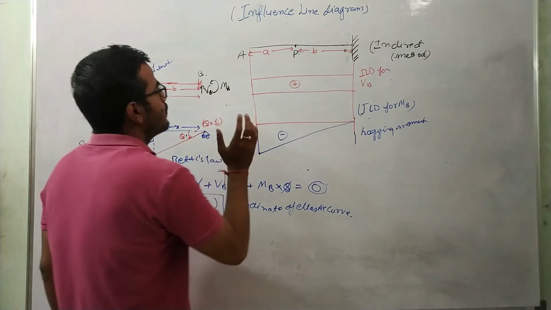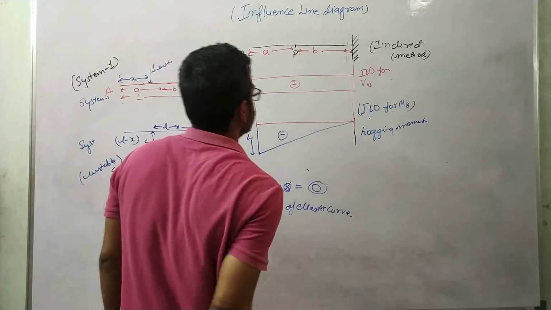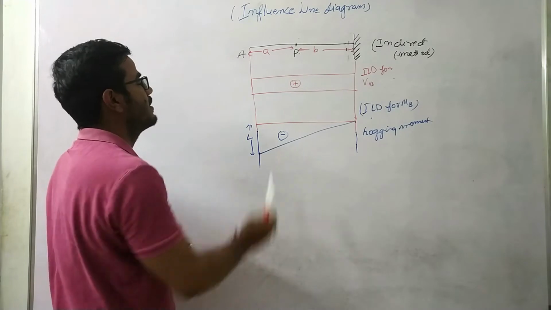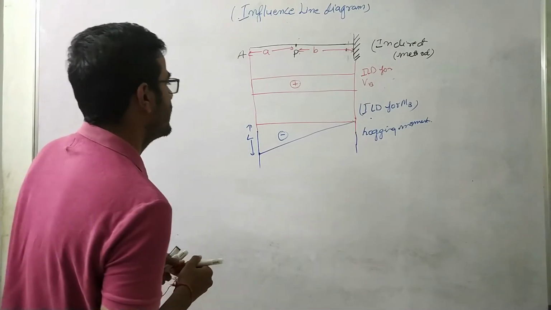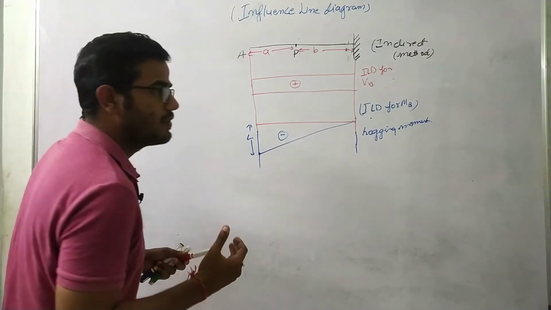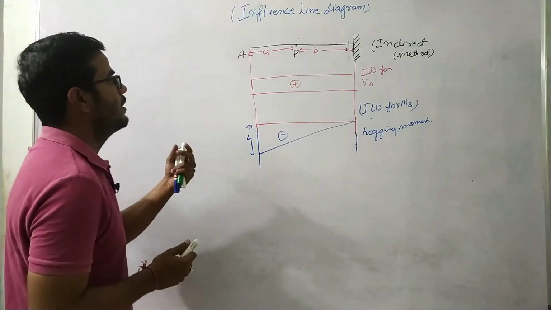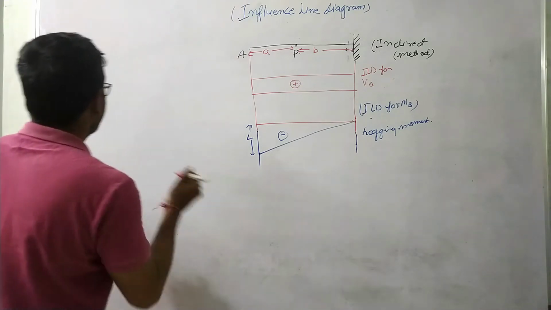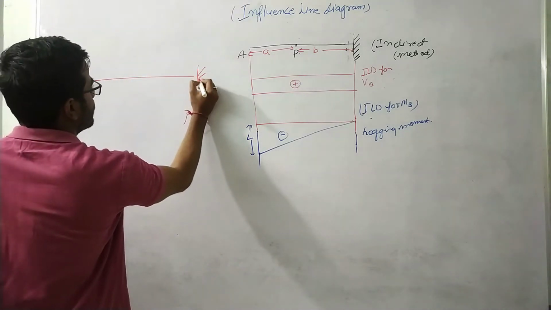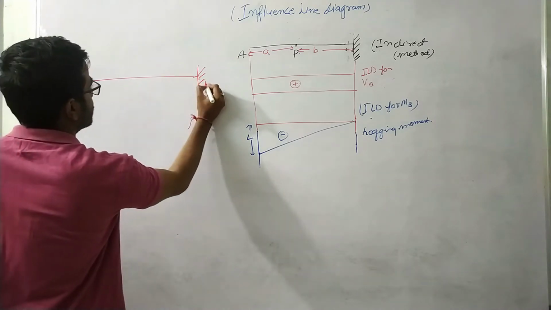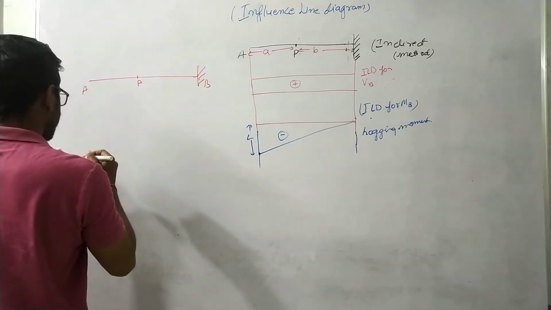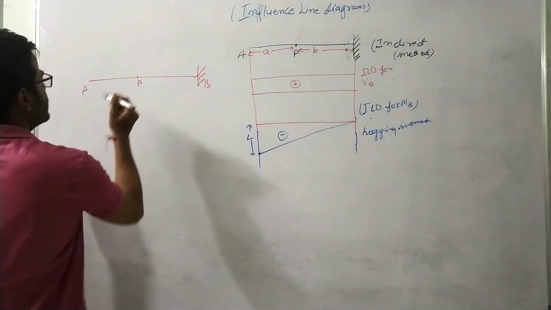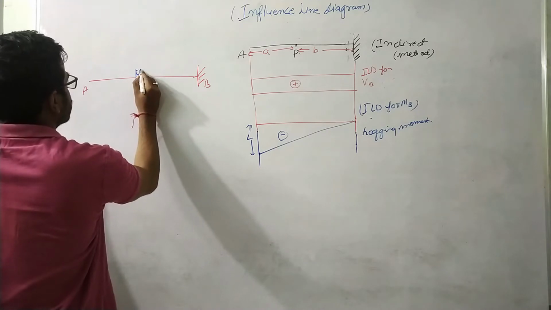Now we'll see how to apply this when there is a shear. We need to find the shear force at point P when the unit load is traversing this cantilever beam, which is AB. As per the Müller-Breslau principle, if we want to find the shear force at point P, we need to release that shear force. So let us suppose this is our beam, this is A and this is B, and we need to find the shear force at point P. So I need to release that shear force, right? When the shear force is released, it will look like this.